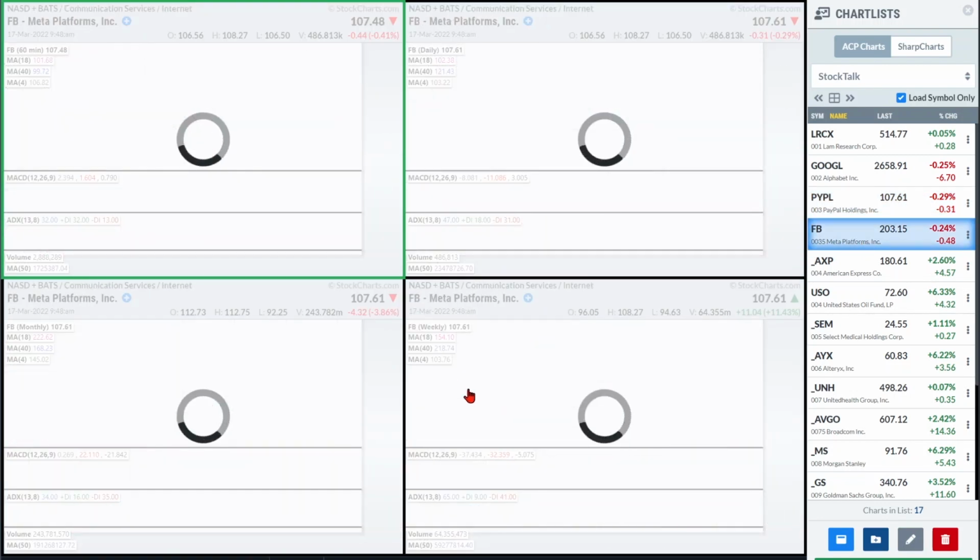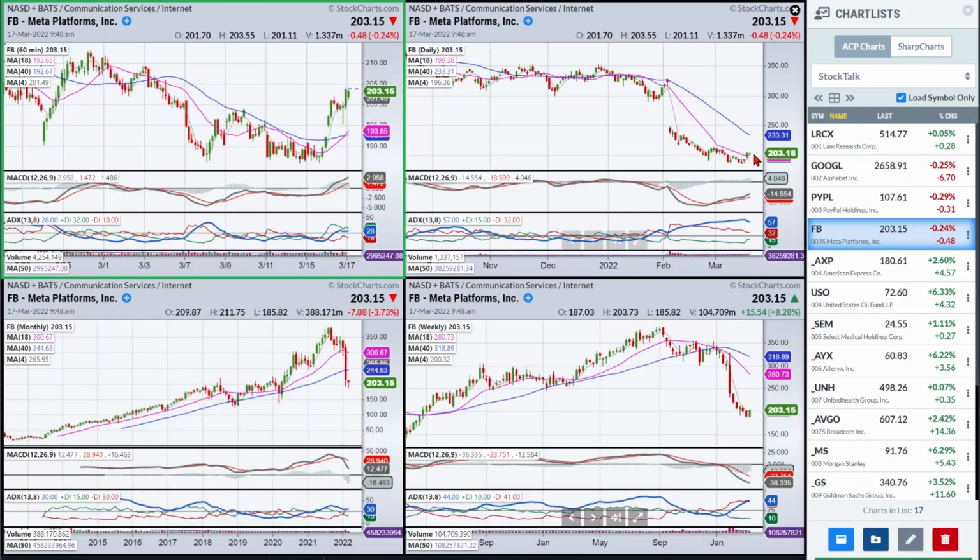Let's look at Facebook because this is another version of the same thing. We have divergence on the daily. You see this? We've got some signs that the two DI lines are coming together. The buyers are moving up and the sellers are moving down. We also have a really stretched stock. Look at how far away this is from the weekly 18, and how far away we are from the monthly 18. Now look at all this price support we're coming into. So we've got some things going on here that would lead me to believe that this should attempt a rally.